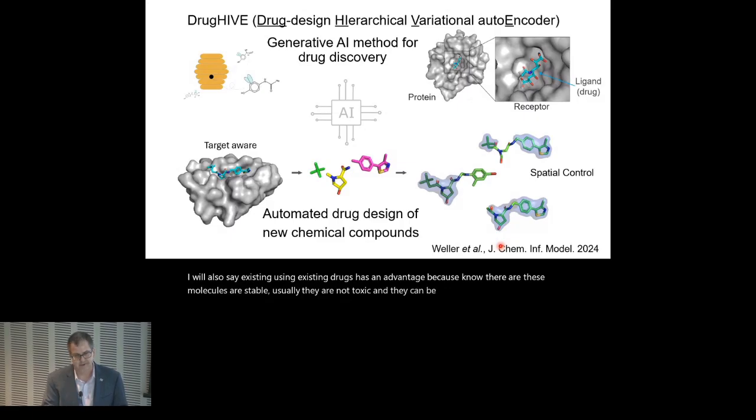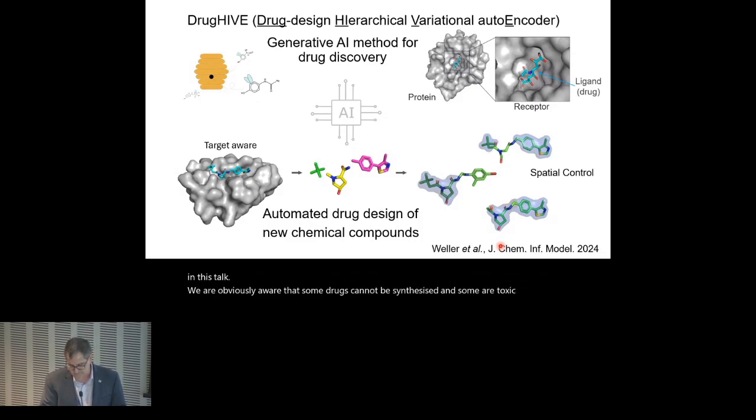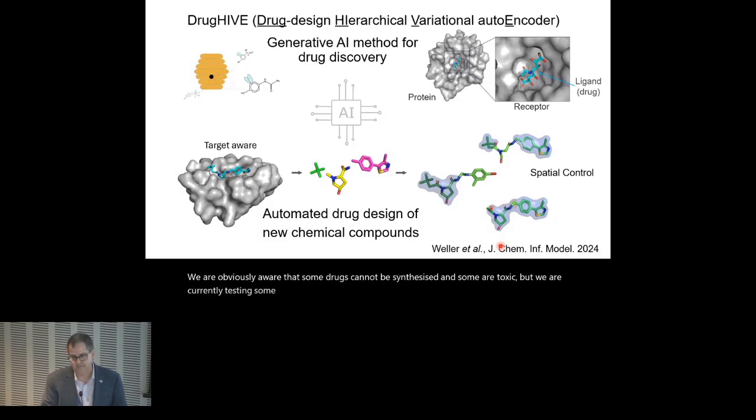When you design new chemicals, all of these things are a question. So while I'm showing you this method briefly in this talk, we are obviously aware that some drugs cannot be synthesized and some are toxic, but we are currently testing some drugs that have been derived